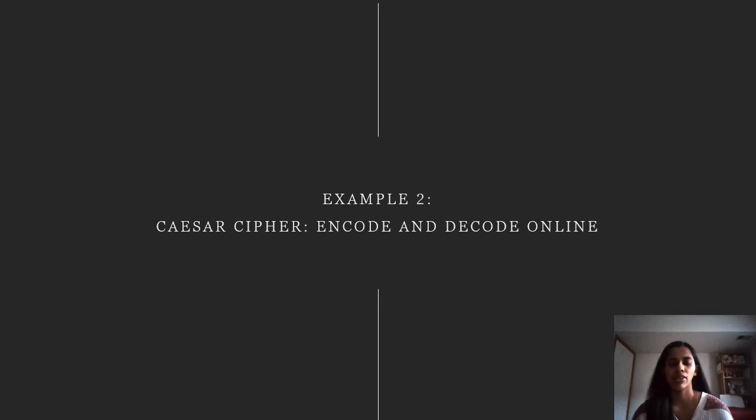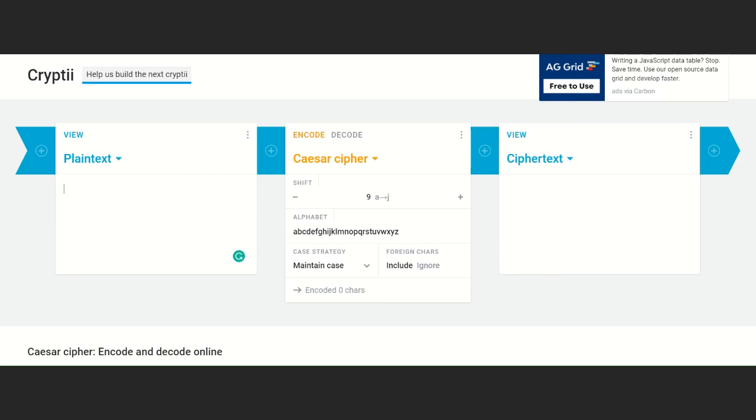The second example I'm going to talk about is encoding and decoding online. For this example, I'll start with encoding. It starts with plain text, then asks what type of shift you need, and gives you the ciphertext.